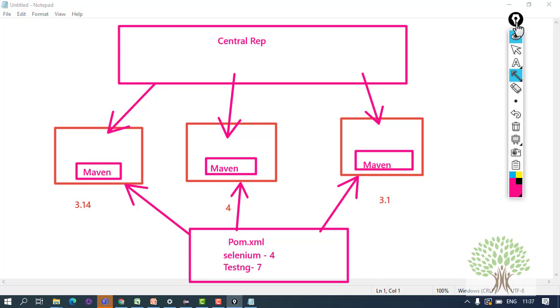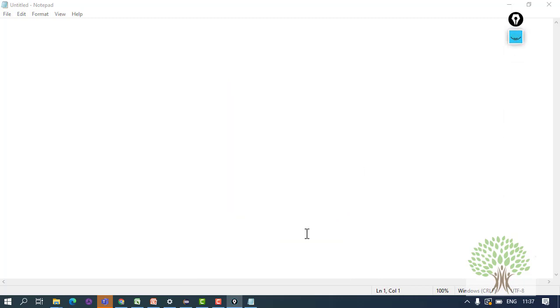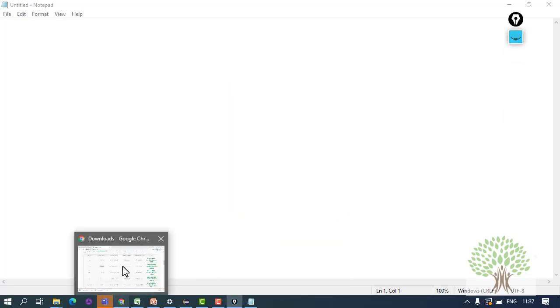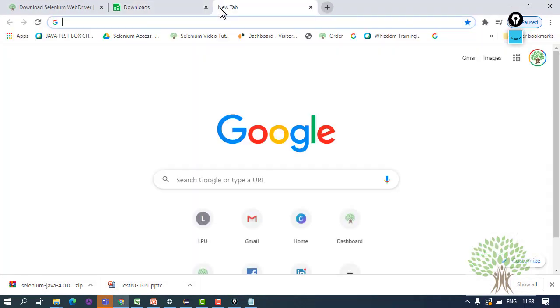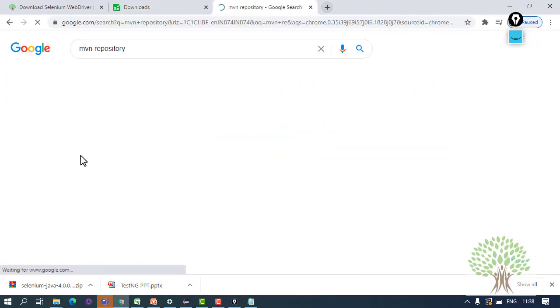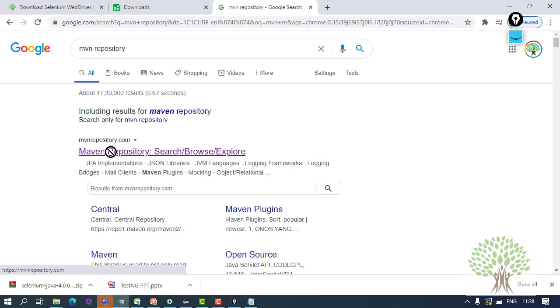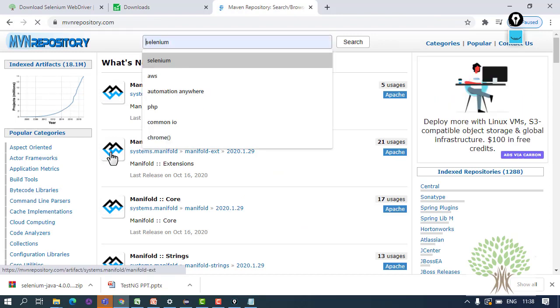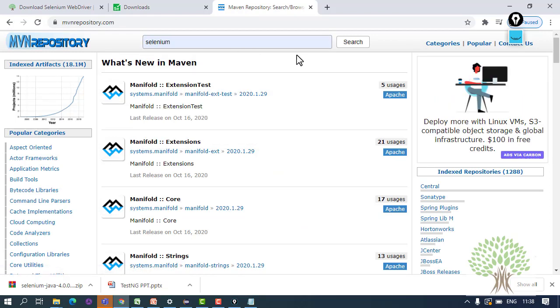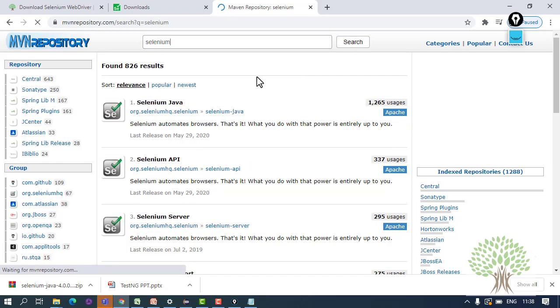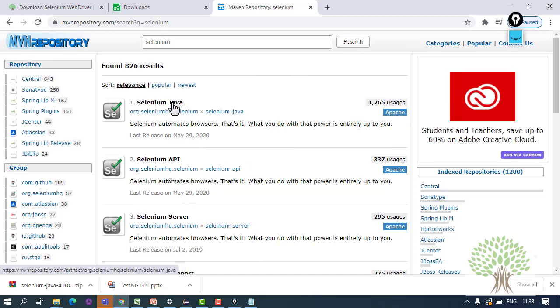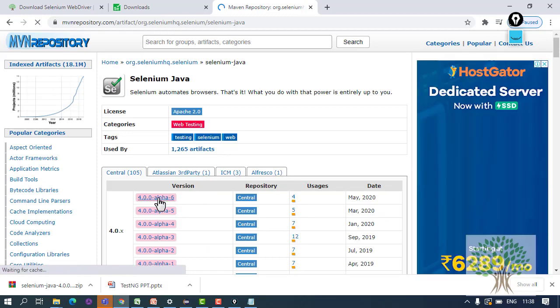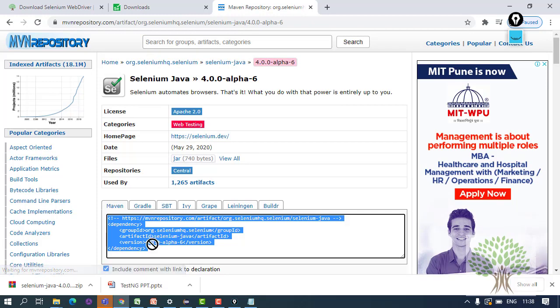There are many Maven central repositories on the internet. Fine, let me tell you, hold on. For example, there is mvnrepository.com. This is the famous website. Out here almost all the versions of all the jars of all the software are kept. So this is Selenium. If I search for Selenium, you will see Selenium over here, and if you click on this, you will see the Alpha 6 version is the latest one, and if you click on it, you will see the dependency. What is this dependency? I'm going to tell you in some time.